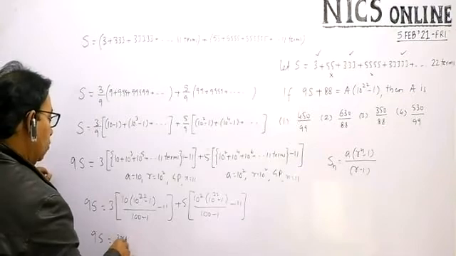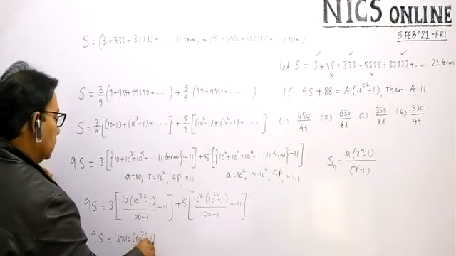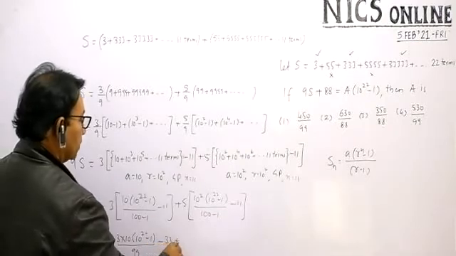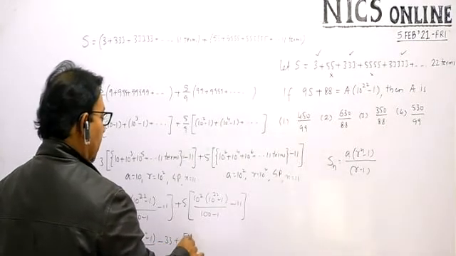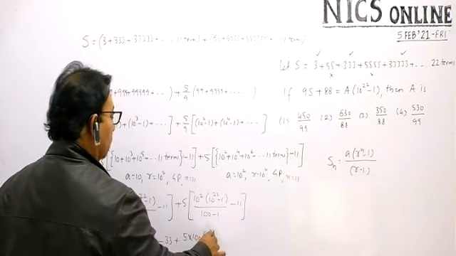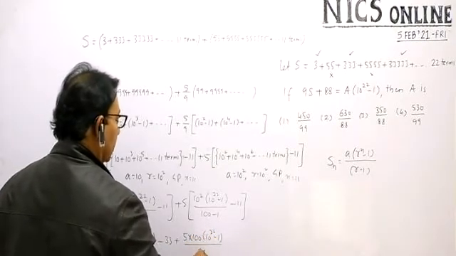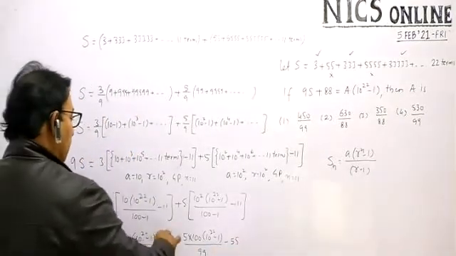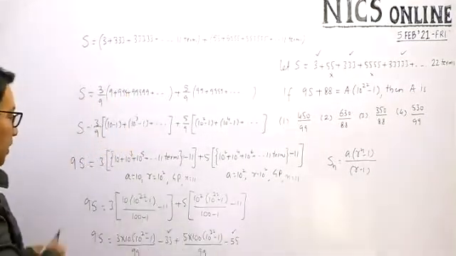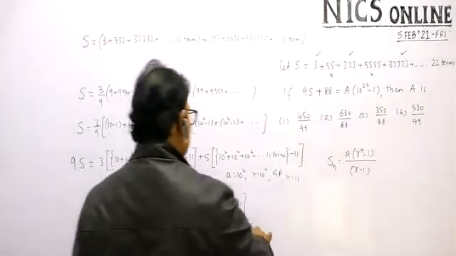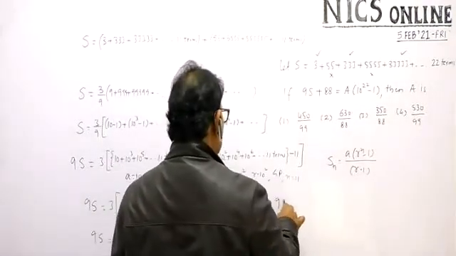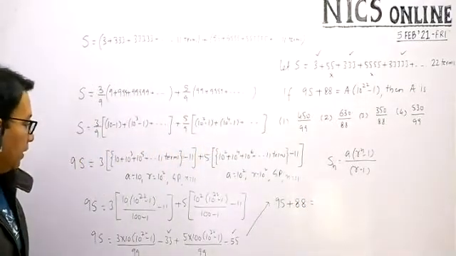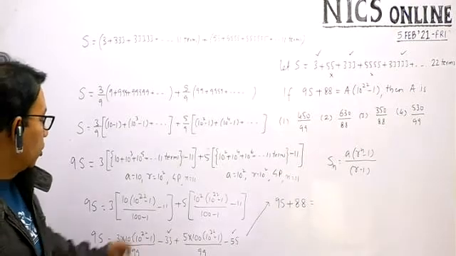This would be 3 into 10 to the power 22 minus 1 divided by 99, minus 33, right? This is 5 into 10 to the power 22 minus 1 divided by 99, this is minus 55. See, minus 33 and minus 55 will come on the left hand side, और उसको हम add कर लेंगे. उसके बाद it will be very easy for you to solve this. You can easily solve. ठीक है, अब what I'm doing is I'll take 10 to the power 22 minus 1